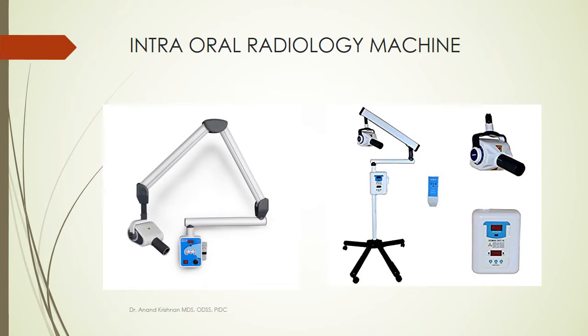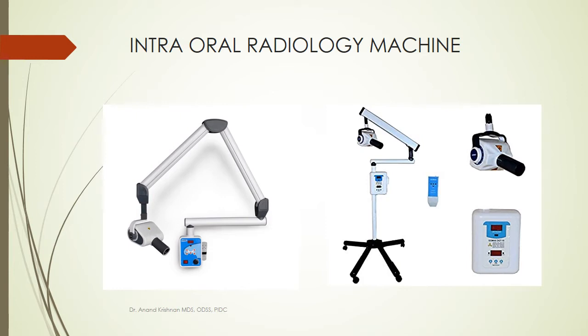This is going to be your source of X-ray, within which the Coolidge tube is there, in which the X-rays are produced. It also consists of the step up and step down transformers, and regulators and everything. So this is called the tube head, and you can see there is a cone-like thing that is projecting out. Just keep that in mind. This is the path through which the X-rays are going to be sent out from the machine.